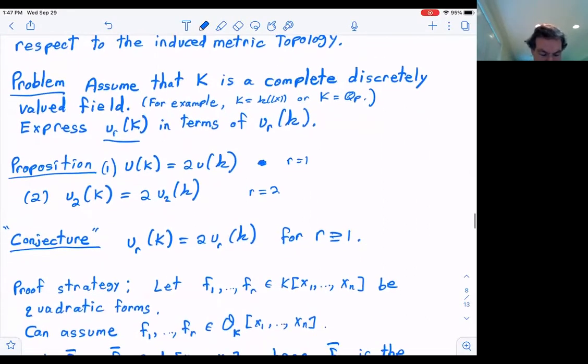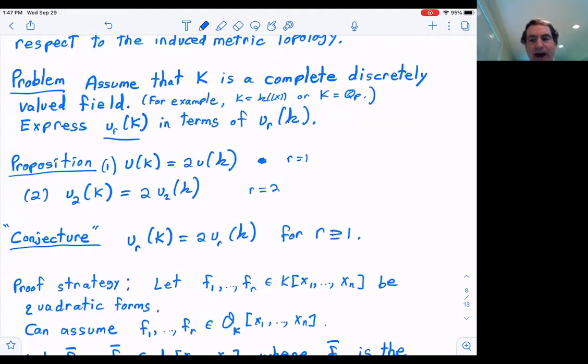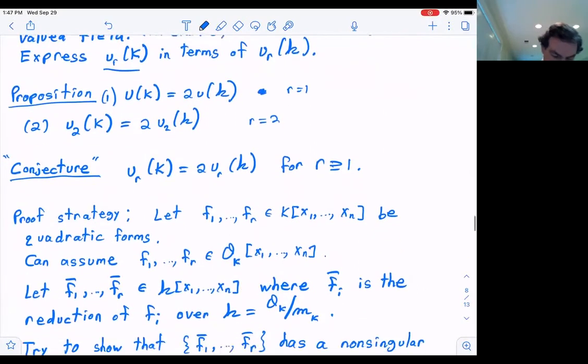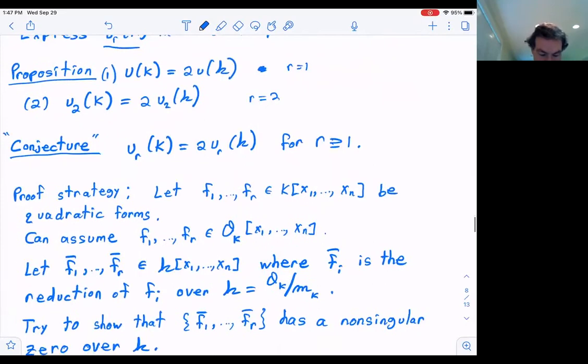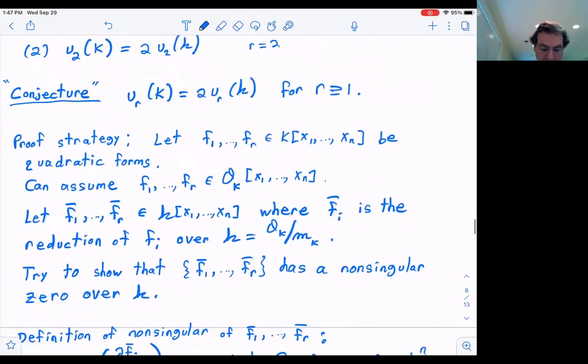Now, I've written down here proof strategy. How do you even deal with this? Well, in one phrase, it's use Hensel's lemma, but let me explain. So the proof strategy is this. Suppose I have,